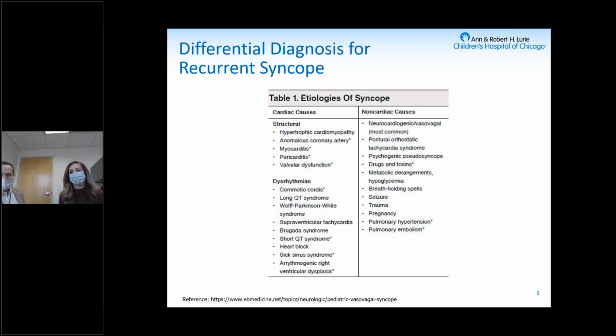As POTS is a diagnosis of exclusion, I think it's really important to think about a broad differential diagnosis. In my mind, most importantly, we need to rule out serious causes of recurrent syncope. As a cardiologist, I typically prioritize ensuring that there's no evidence of cardiomyopathy, pulmonary hypertension, coronary anomalies, or any underlying arrhythmias. Most of our patients that come to our clinic get screened, especially if they have recurrent syncopal events, with an echocardiogram, an EKG, a Holter monitor, and an exercise stress test